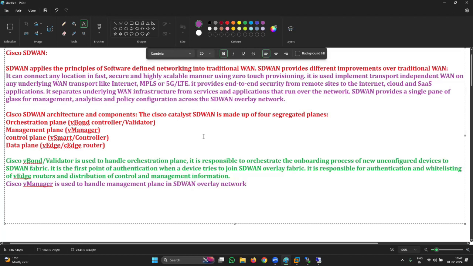Okay, in SD-WAN overlay network. It provides a GUI or user interface, okay,